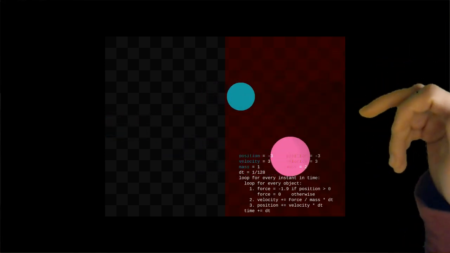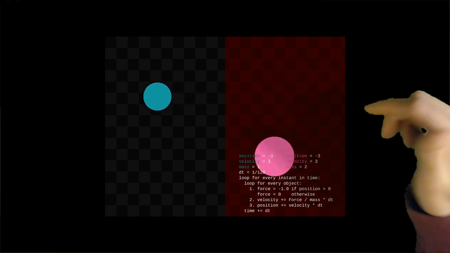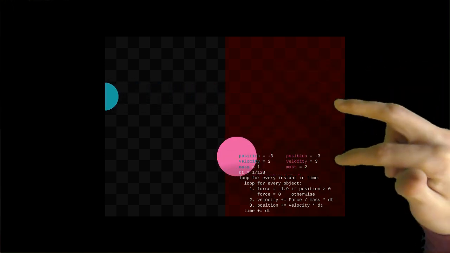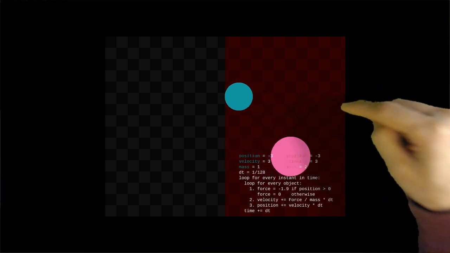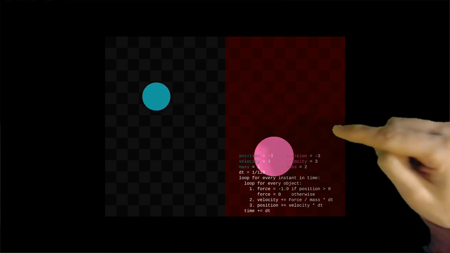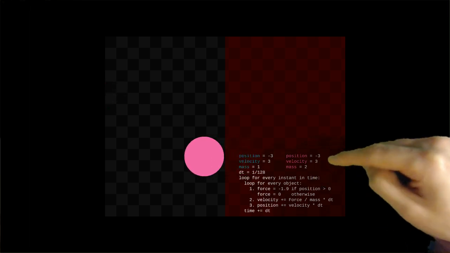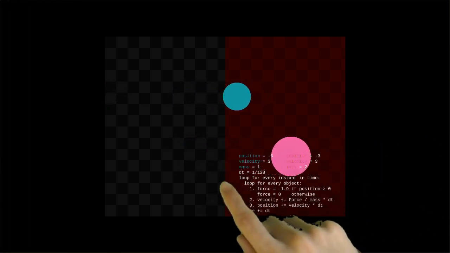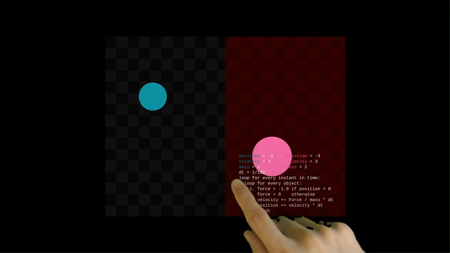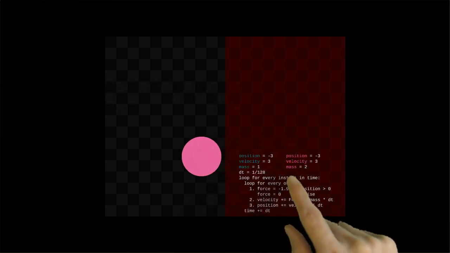The situation has been modified a little bit. Now there are 2 balls. The blue one from earlier, which is exactly the same as before, and now an additional red ball. The catch is that the red ball has twice the mass of the blue ball. So notice how the red one is able to penetrate further into the force field and how it takes longer